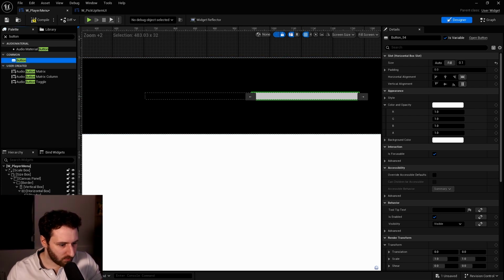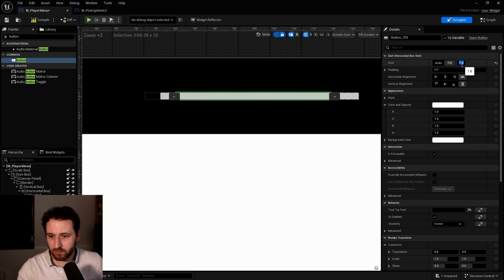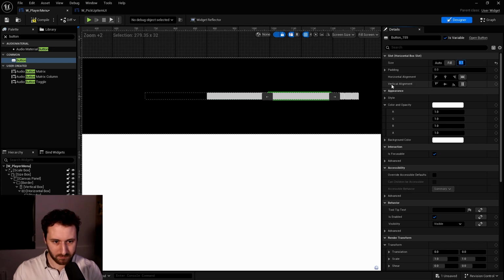Then we'll add all of our buttons like that. Go with 1, 2, 3, 4, 5, 6. We have 6 buttons to put. One last one. Do fill, which number? .1, so we'll go .1.